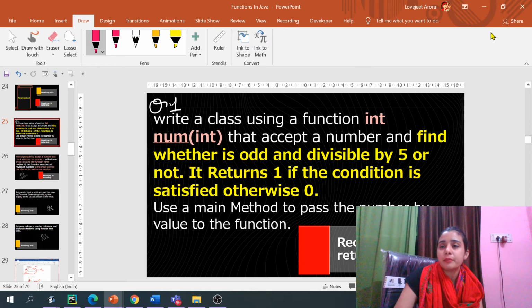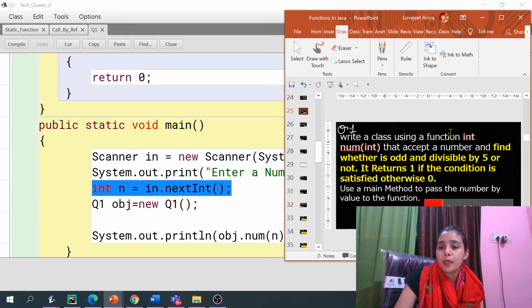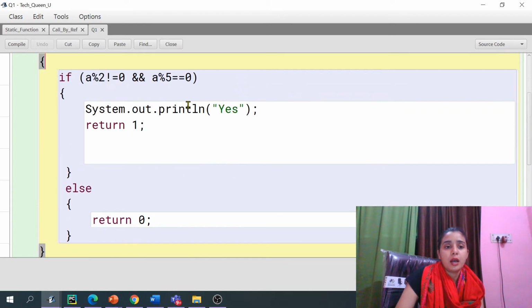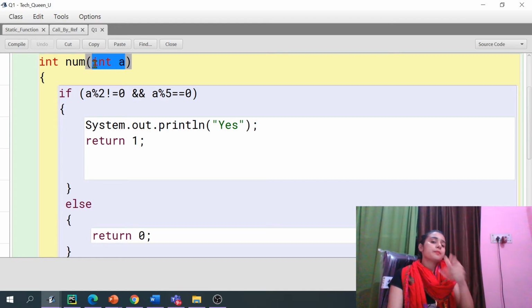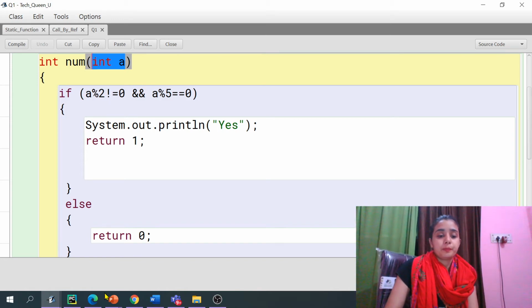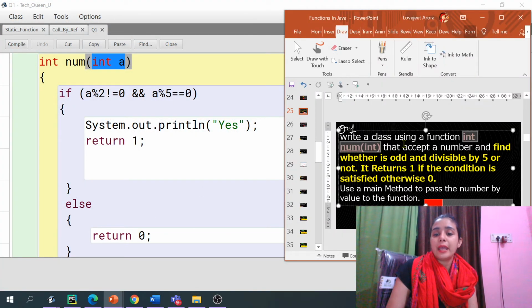this was our program, right? So in this program we have to create the function, that is, int num int, right? So let's do this first of all. I have created the function, this is int num int, and it is receiving the value also. That means this is a parameterized method, right? And now you will receive here anything. Nothing is mentioned there, A, B, C. So you can specify your own name here also.